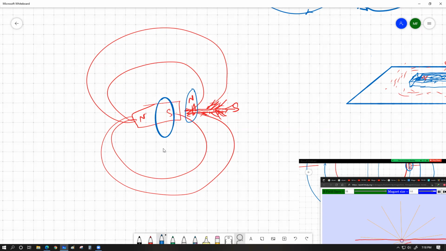So that induced North Pole is getting closer, and the interaction of these two opposite poles gives rise to attraction. But if we take the North Pole of the bar magnet totally away from this thing, there would exist no magnetic field lines like this, and this iron nail would altogether lose its magnetic property completely. So that's the idea of soft magnetic materials and hard magnetic materials. Typically,